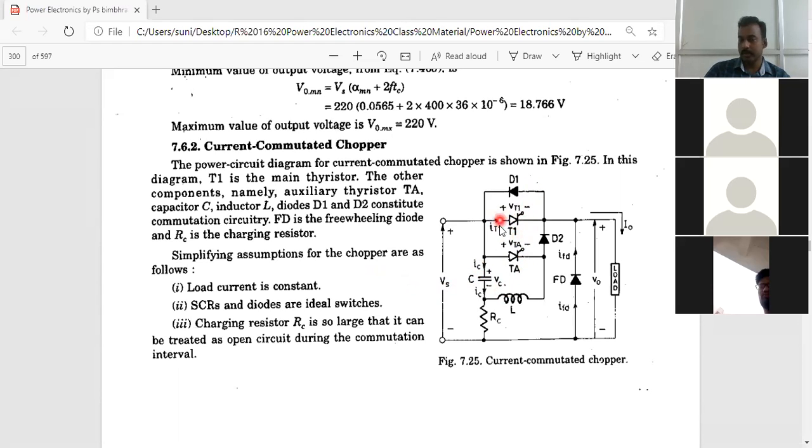That is, the main device is in the off state, the auxiliary device is in the off state, so there is no current moving. So what will happen after that? We are simply going to turn on this main thyristor. Whenever the main thyristor is turned on, immediately the load current flows. The load current conduction path is from the positive to the thyristor, thyristor to the load, and load to the return.